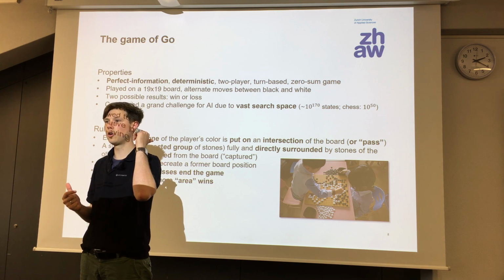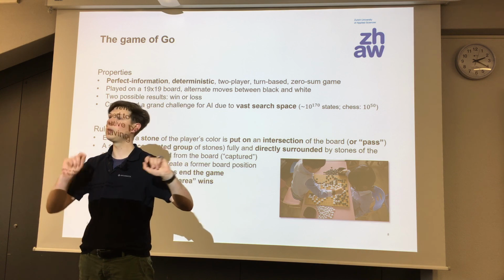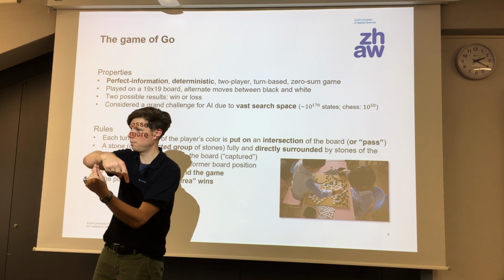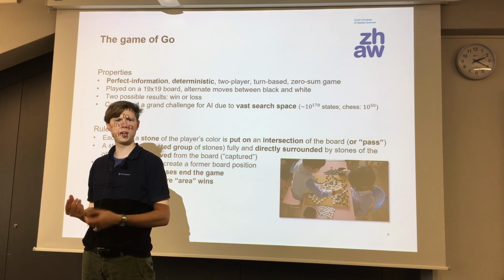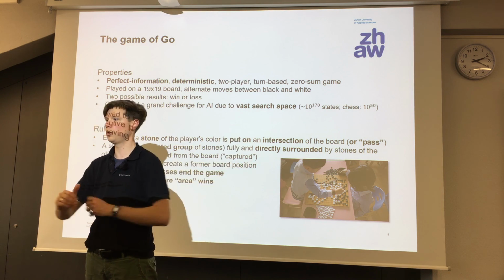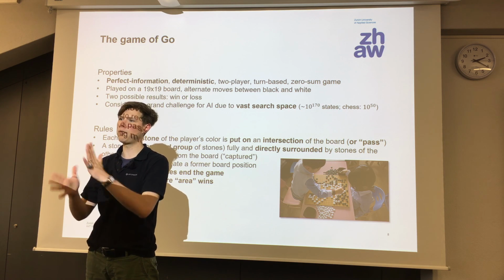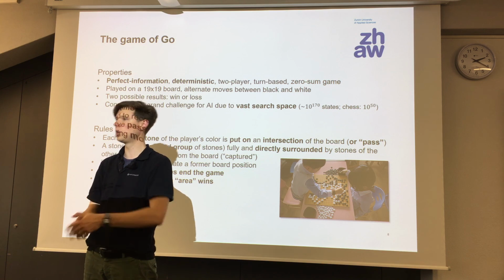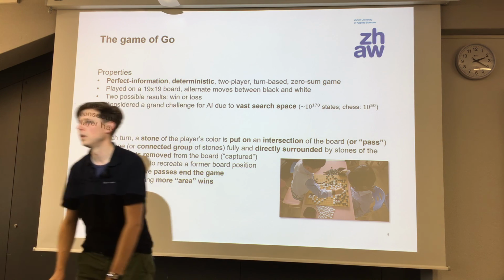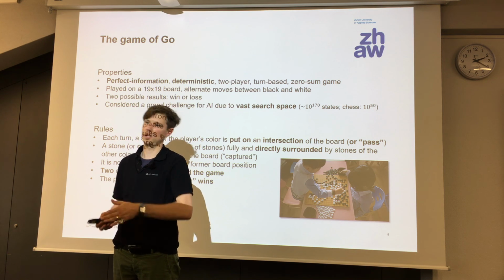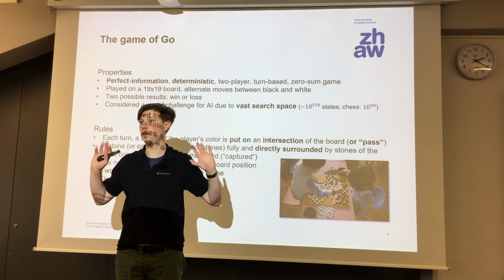In the previous version of the talk I gave, I also said this, because there was a Go player in the room that said it's like that, you're not allowed to go back to the immediate last position. But I had to look into the rules yesterday because I was unsure, and there it says you are not allowed to recreate any board position. But there are roughly 100 moves on average per game, so you wouldn't need to remember 99 of them. I'm actually not sure. Probably it's like the colleague said, and it's just the last one, but I'm unsure.